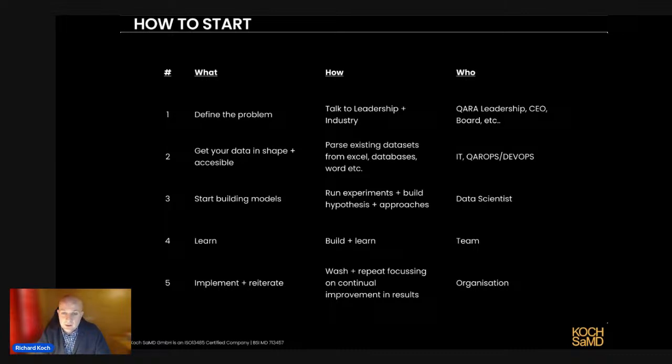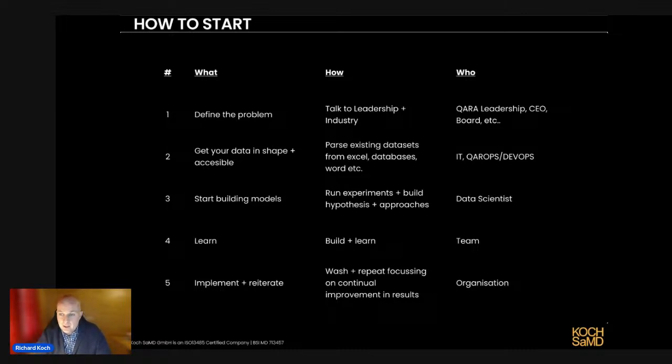So the first two steps you can do yourself, maybe getting some internal help from your IT departments, your IT experts. But when you're starting to build these models, you probably really need to get a data scientist in. Again, these roles will become more and more critical for every organization. Basically, you want this person to have a look at your data, look at your questions, and start coming up with models to run on your data. The first steps are run it, take a look at it. Then you've got to start training it, optimizing it, until you get to a point where it can be autonomous or fairly autonomous.